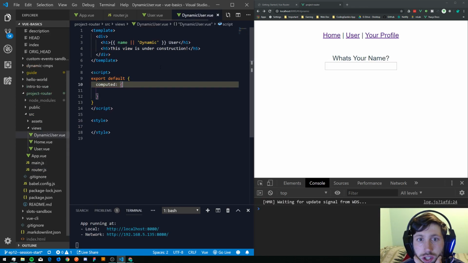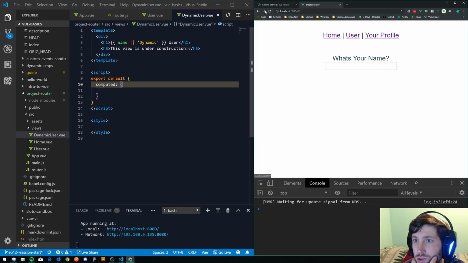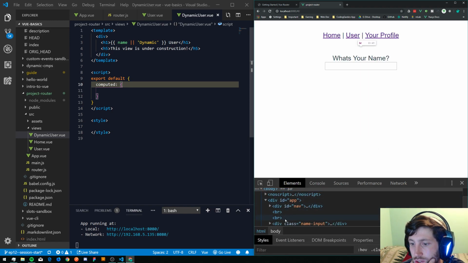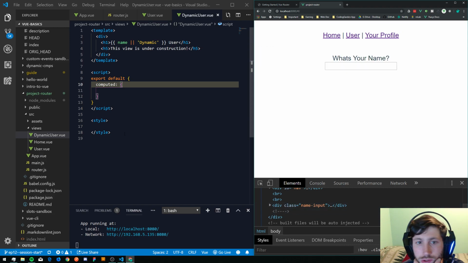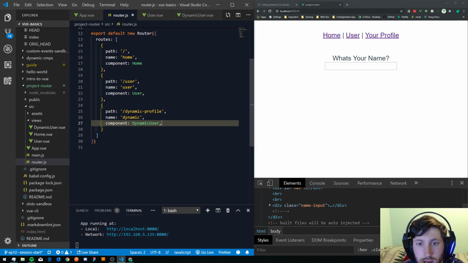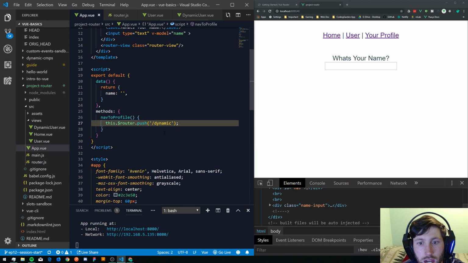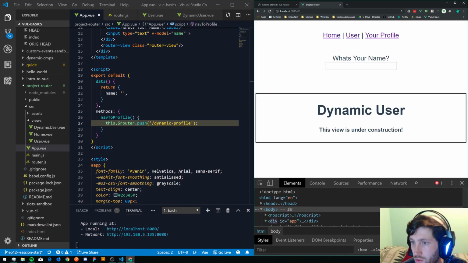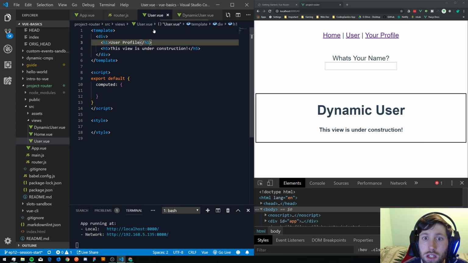Okay, and inside of this, let's see, we go to this element. Do we have what we need? No. Oh, because that's not bringing the right thing. We need to change our app to dynamic profile, just like that. All right, so we have dynamic user. This view is under construction. So we will say